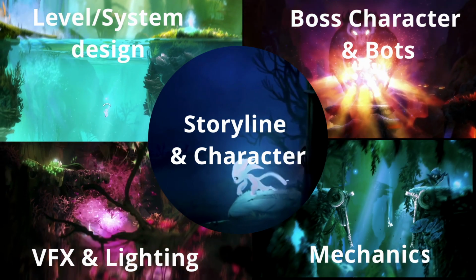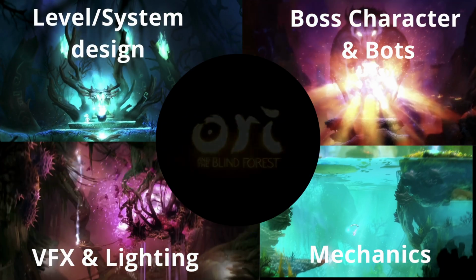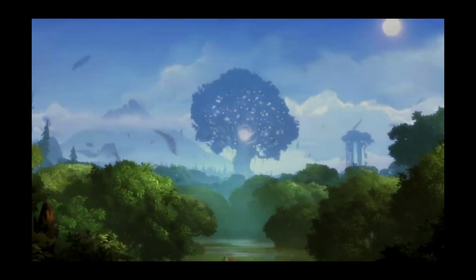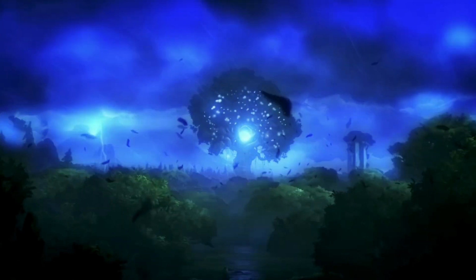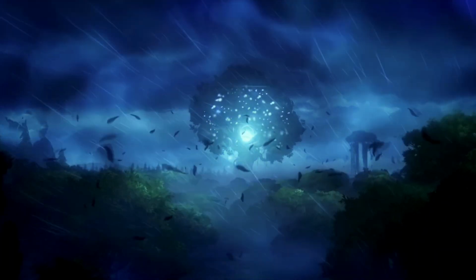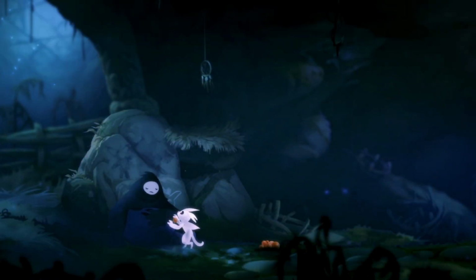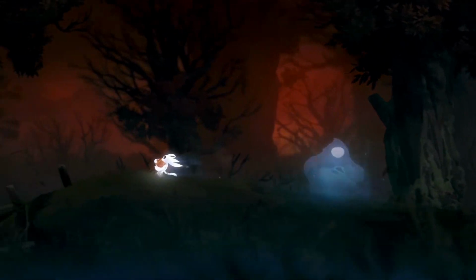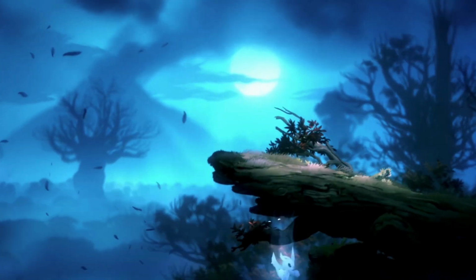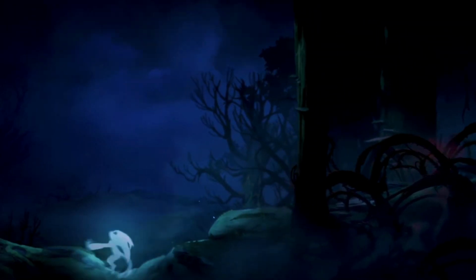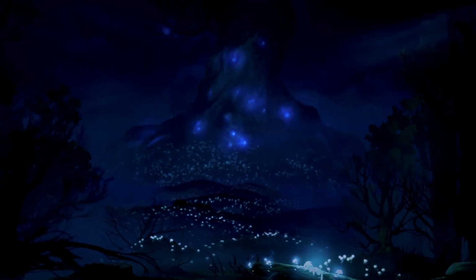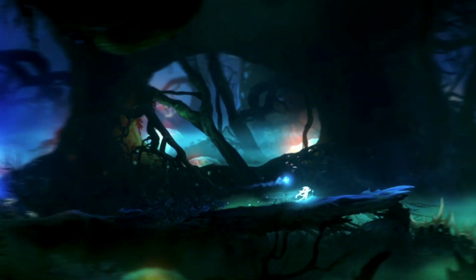gaming experience. Ori is a young guardian spirit who lives with his adoptive mother Naru in the forest of Nibel. This whole game revolves around a catastrophic storm that withers the forest and leads to the death of Naru. Therefore, Ori goes on a mission to find the elements of water, warmth, and wind to restore the forest, and meets many friends and foes along the way. Such a catchy storyline, don't you think?